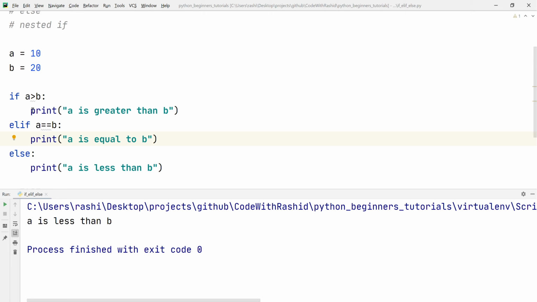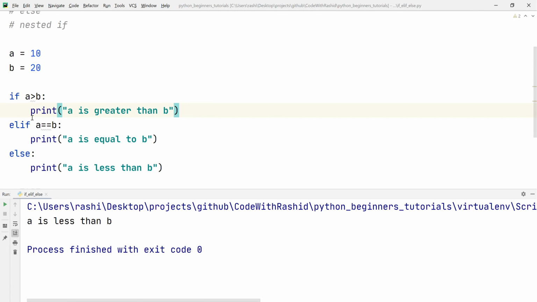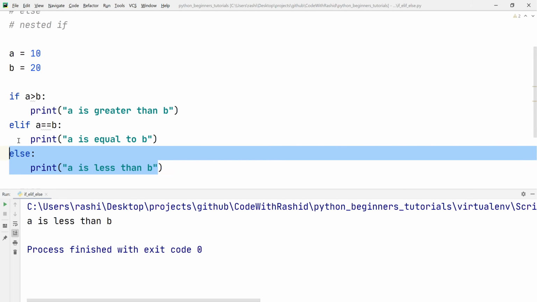So here what's happening? First of all we are checking this condition. If this condition is true, execute this block and skip the remaining blocks. But if this condition is false, then check one more condition, that is if a is equal to b. And if this condition is true, run this code. And if there is no condition that evaluates to true, simply run the else part. So elif is used to provide an extra condition if the first condition does not match.